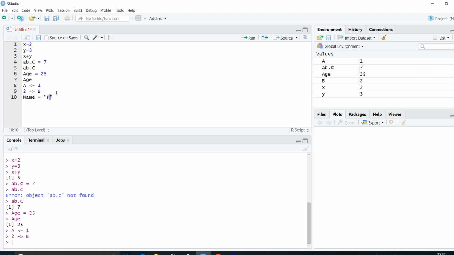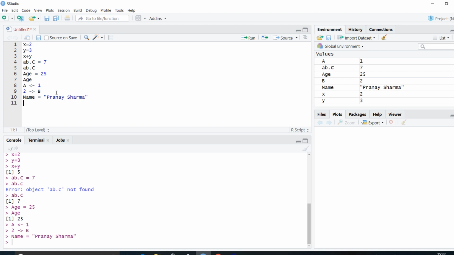So I'll say Pranay Sharma. When I press Ctrl Enter, you can see here in the global environment I have another object named name, and the value of that is Pranay Sharma.